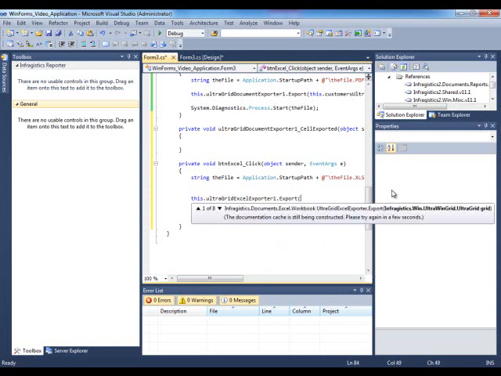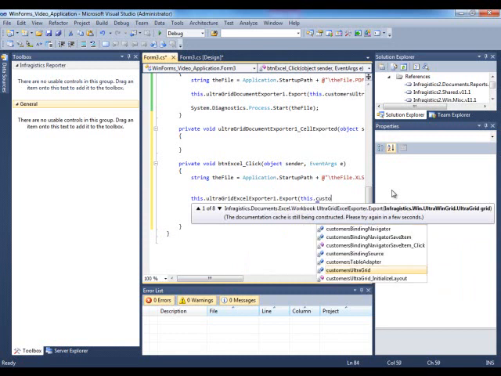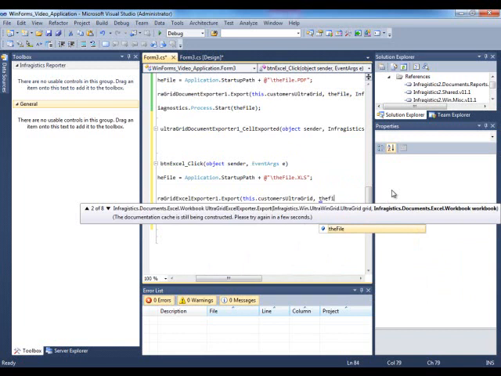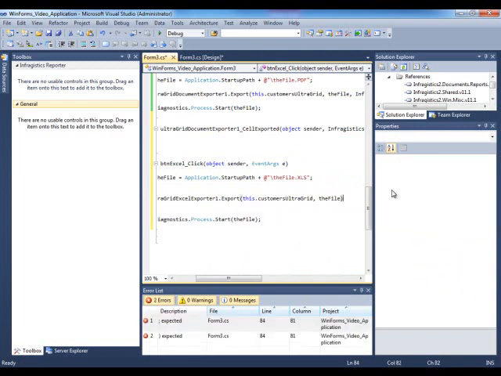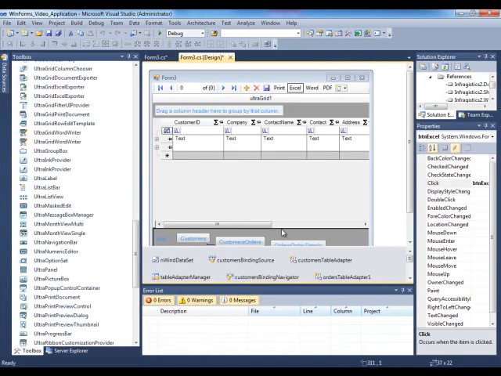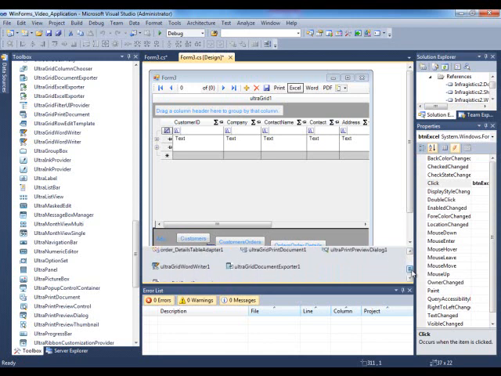And what we do is we pass in the grid and the file. And that's basically all we do. And again, just like the other exporters, if I locate this right here,